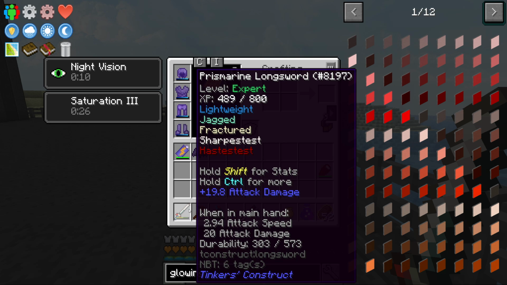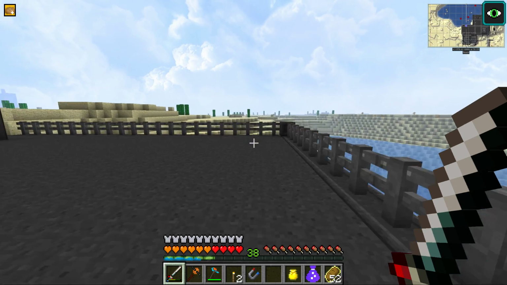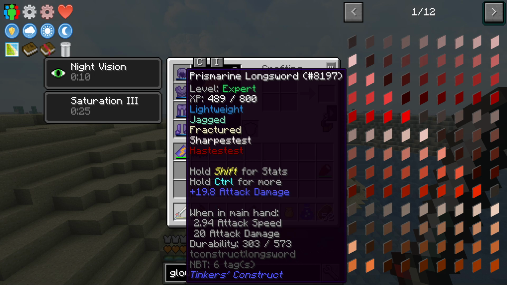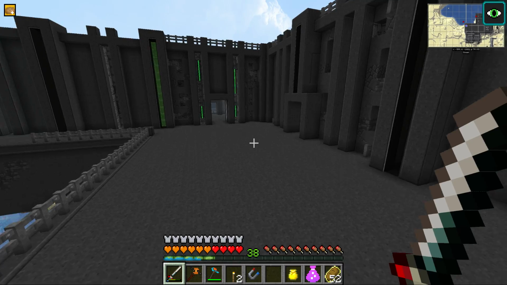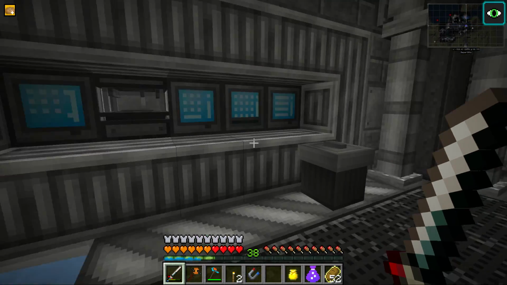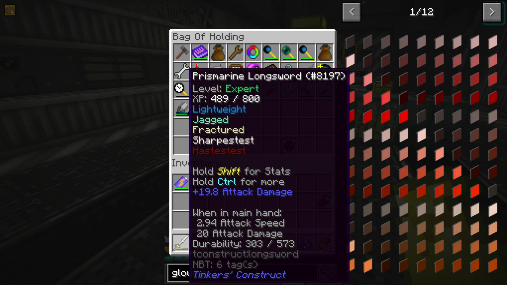A freaking fish sword. Okay, so apparently the way to make the most OP sword in Tinkers' Construct is to use Prismarine for the blade. Because what this does, if I've understood this correctly, is it increases damage the more damaged the sword is. At the moment this has a durability of 303, you can see it down there at the bottom, 303 out of 573. But if we get this sword down to like, I don't freaking know, 20 durability, then my hopes are that the damage the Prismarine, the Jagged, does...